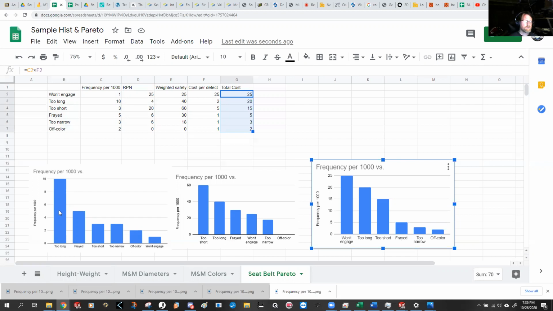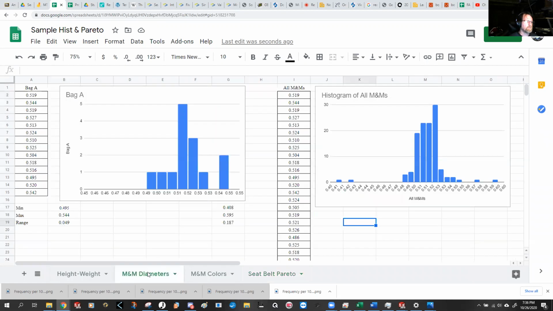Now, there was another question about how to make some of these using the counting thing. And I think that was back on the M&M diameters. So I'm going to address that now. In order to go through and use the count and make your own bins, let's just start with something simple. Okay. So if I wanted to just count over here,